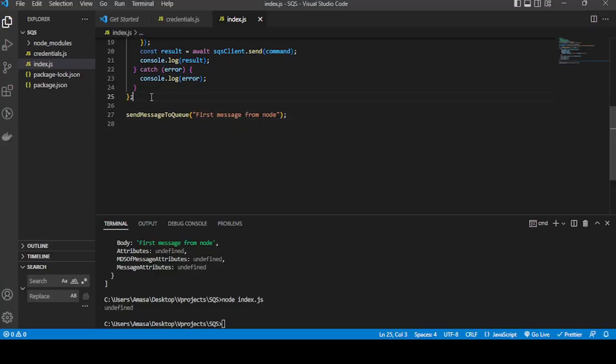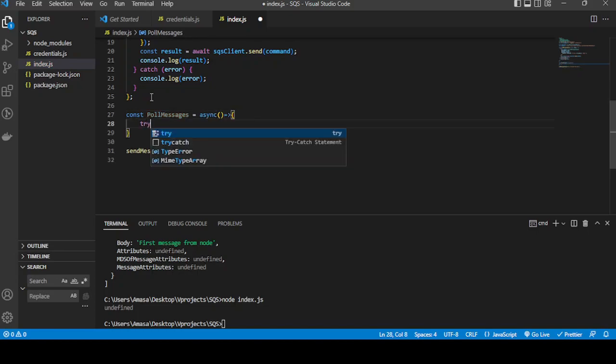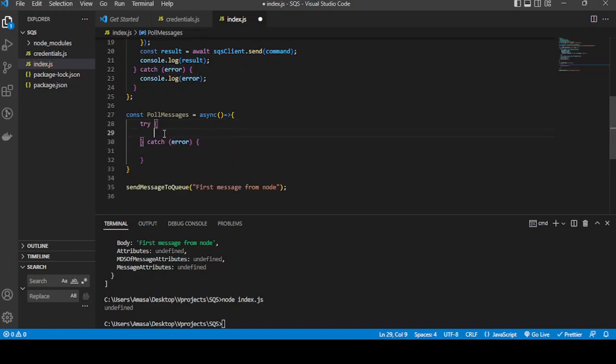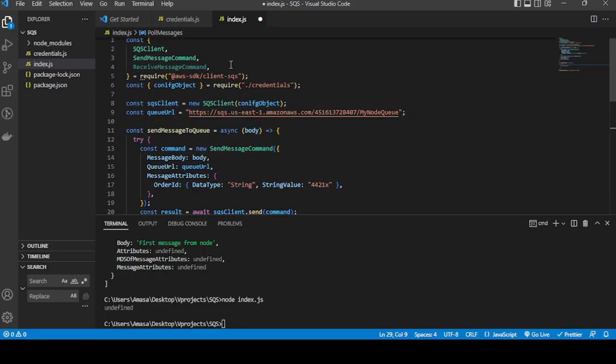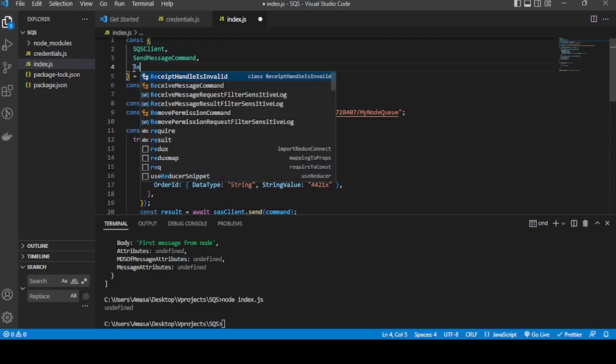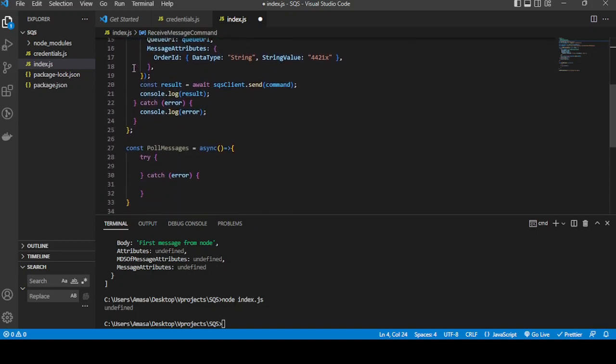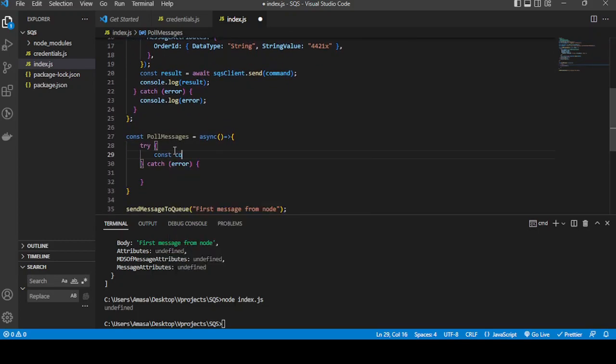So now we're going to pull in for messages. How can we pull for messages from the SDK from Node.js? So we create another function, const pull messages, right? Also an async function, and we can do try catch. So just like what we did for this, we have to get a receive message command from the SDK, right? So const command, receive message command, and then we set, since it's an object constructor,